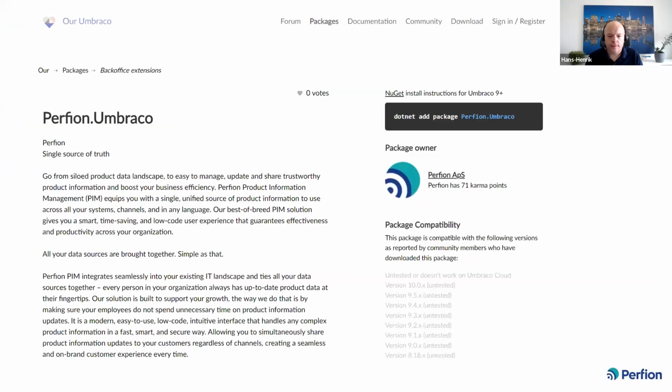So the extension is available now. It's in our Umbrago, and it's also on the marketplace, and it can be downloaded directly in here.